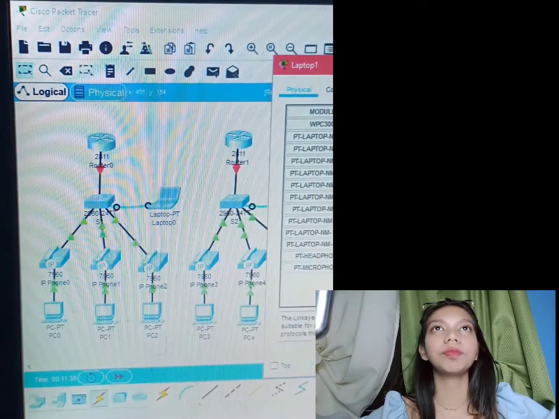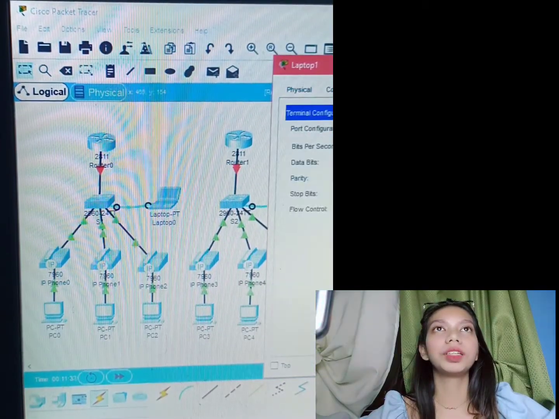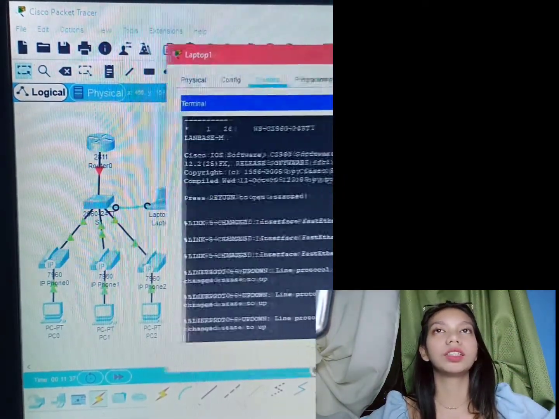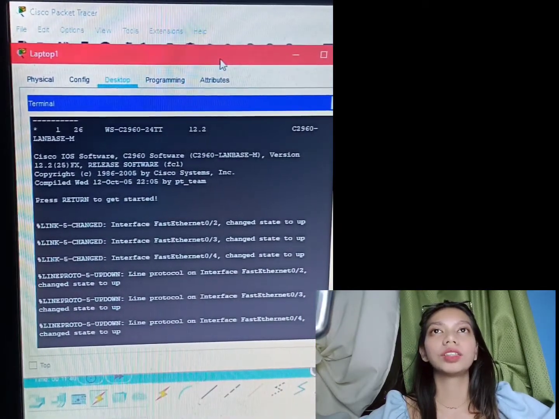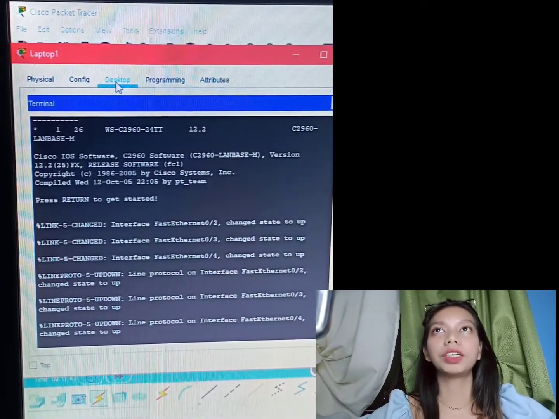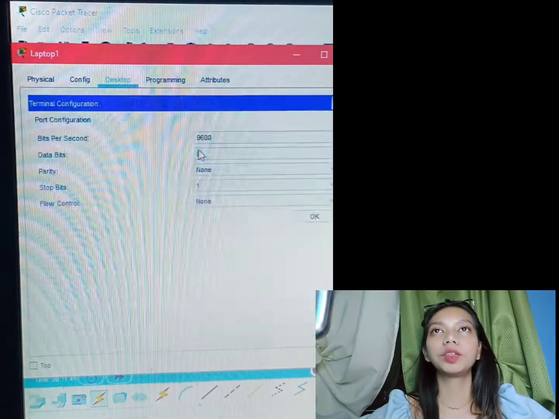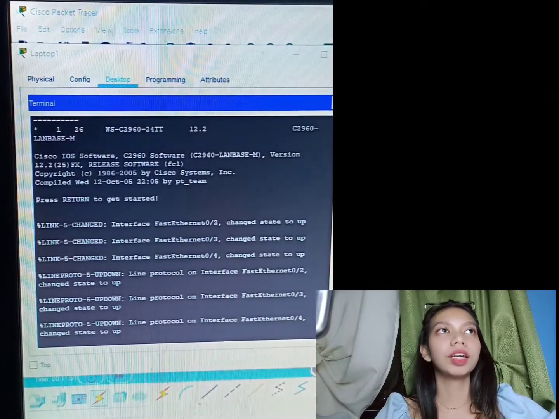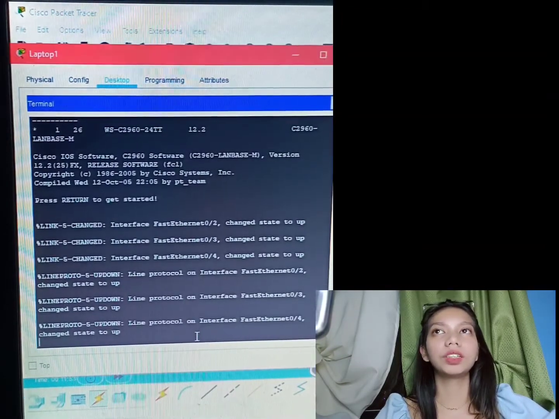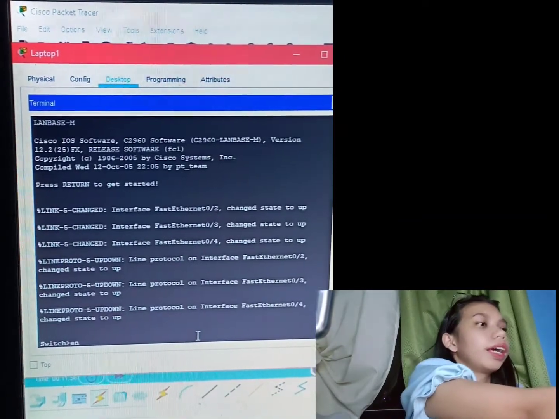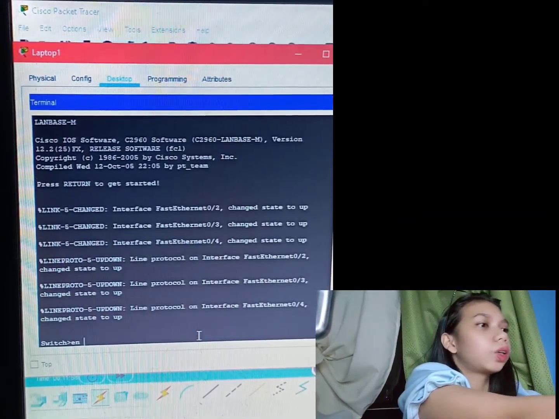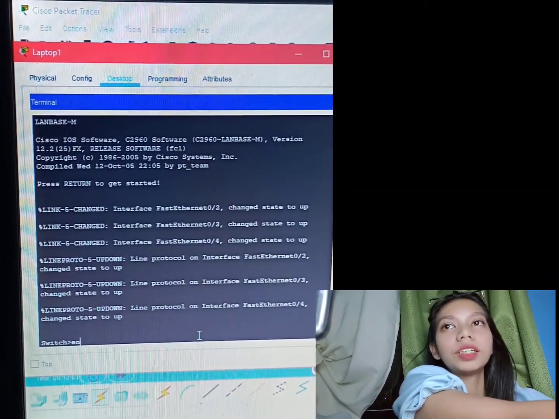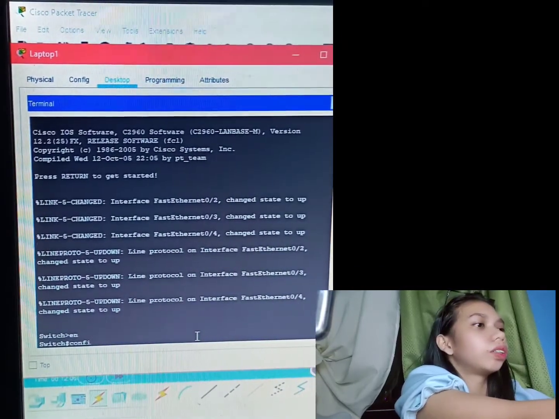Then desktop, terminal, okay. After that, we're gonna configure it: enable, config t,